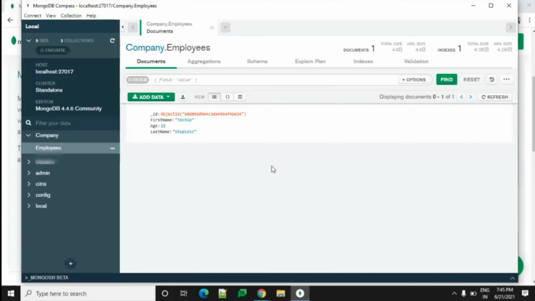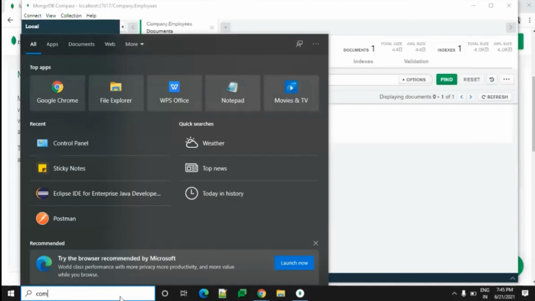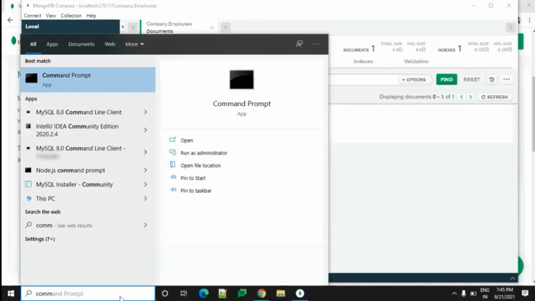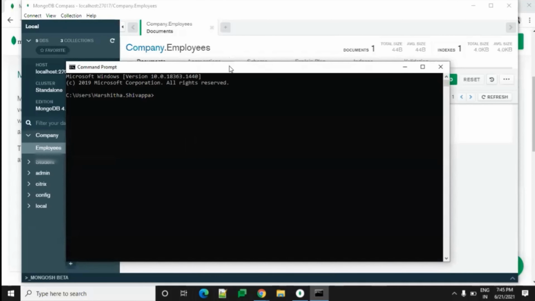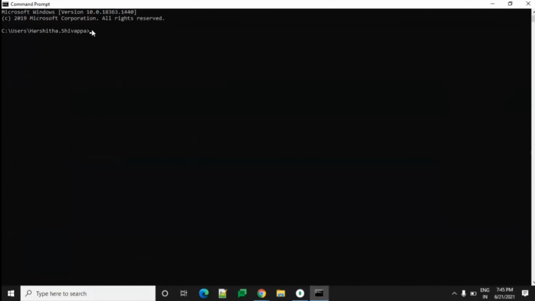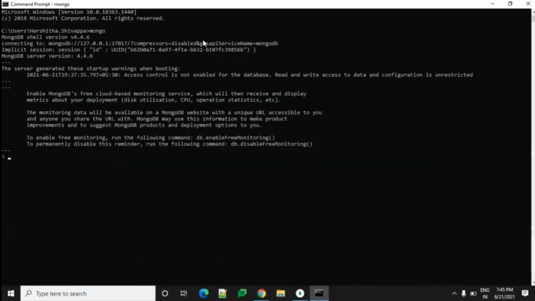Please open command prompt. Type mongo. Now we have connected to the server.